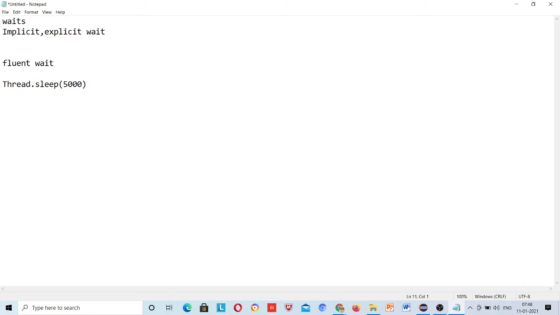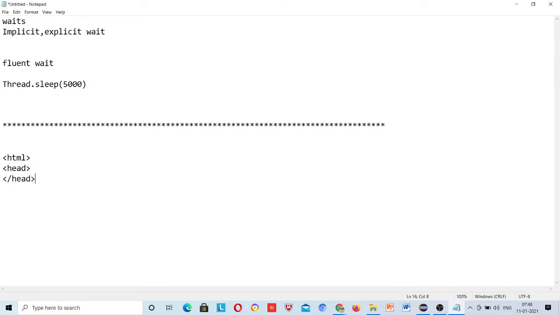Now I will come to live examples, but first I will come to the theoretical part, right? Suppose this is all HTML code, HTML, and then after HTML what is there? Suppose head, and then head close, and then title.